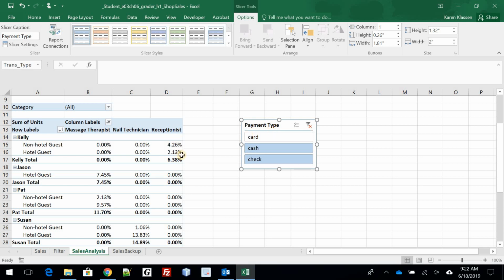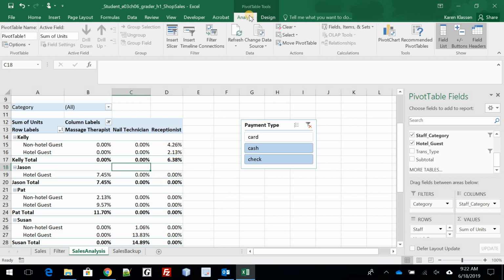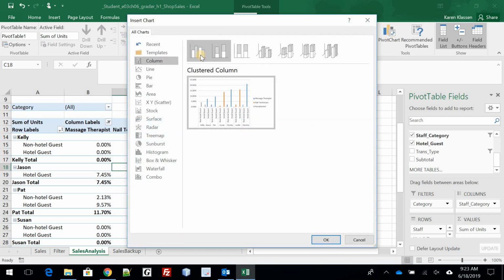Okay, so using the pivot table, I'm going to make sure I'm on my pivot table. We're going to create a clustered column pivot chart. Okay, so I can come in here to analyze. Remember, always use your pivot table tools first. Okay, if you can't find it there, then you go look somewhere over here. Okay, so I'm going to do a pivot chart, clustered column, and it doesn't specify, you know, so we're just going to grab that one